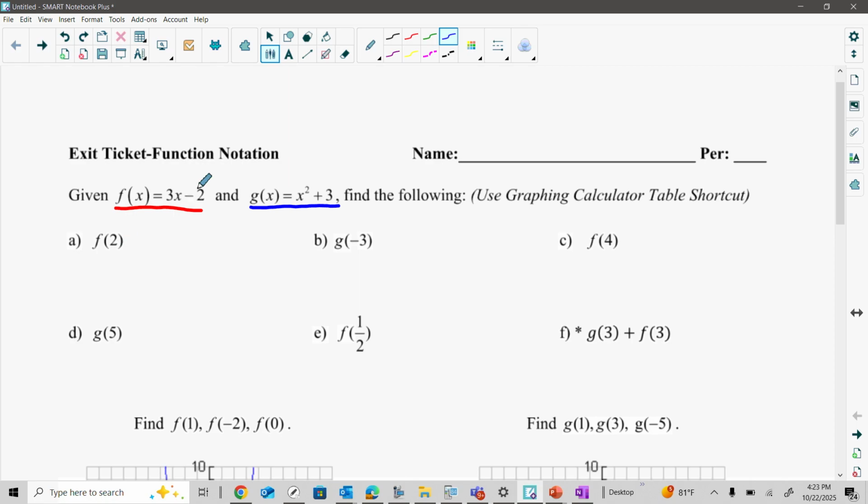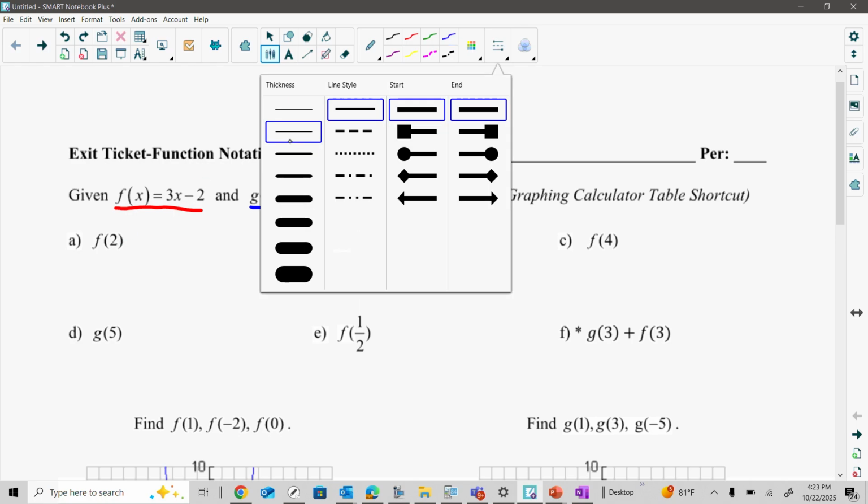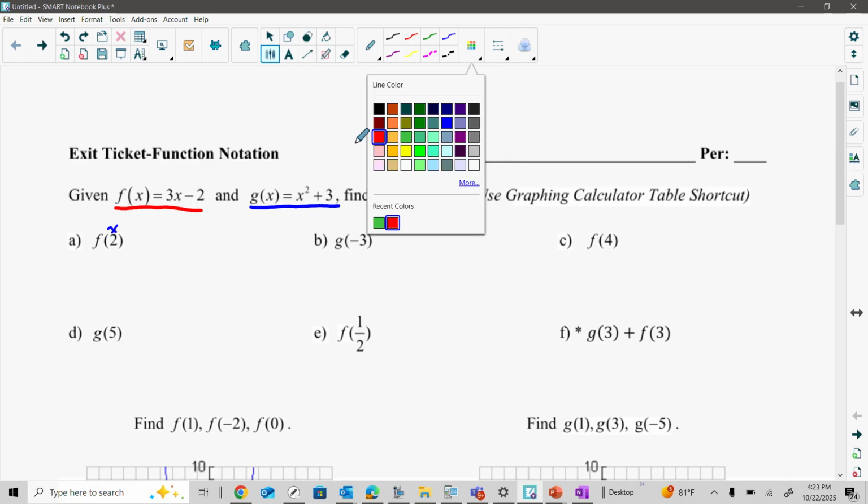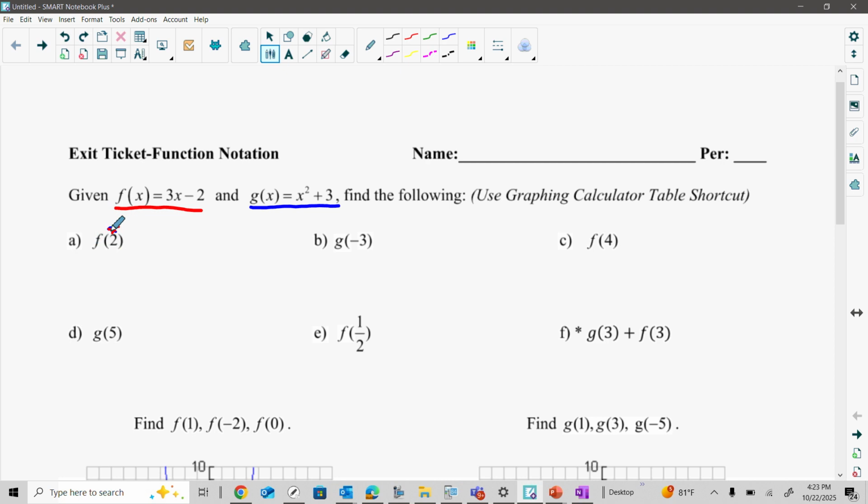So remember, what's inside the parentheses represents the x value. I'm going to do that in red. That's the f function. This basically means I'm going to plug in, x is going to equal 2. I'm going to plug that into where the x is. So when we rewrite this,